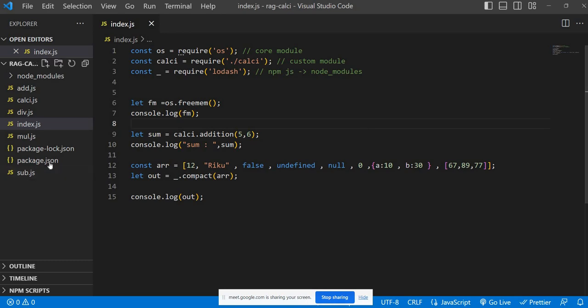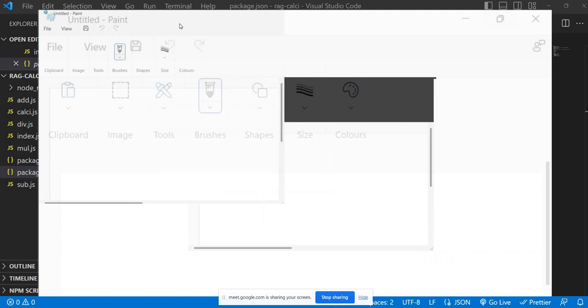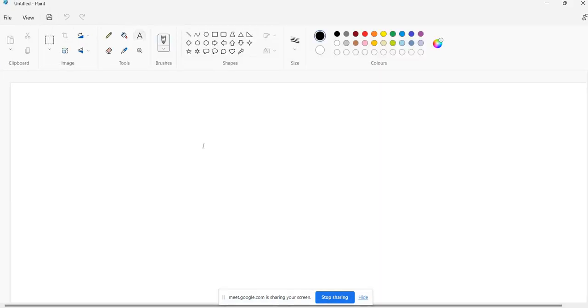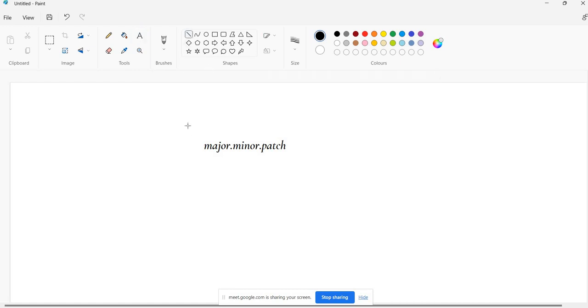Now today, whenever you install, you will observe one thing, a symbol before the package. This symbol is called the caret symbol. Okay, let me add something in the paint. Suppose semantic version, that is major version, minor version, and patch version. Suppose new features, new updates will come. Suppose you are releasing one package. So initially that is